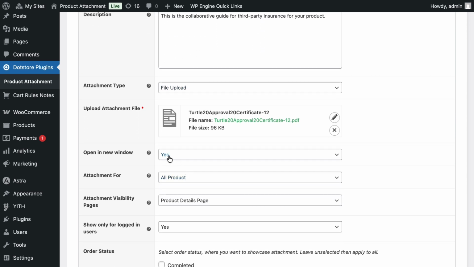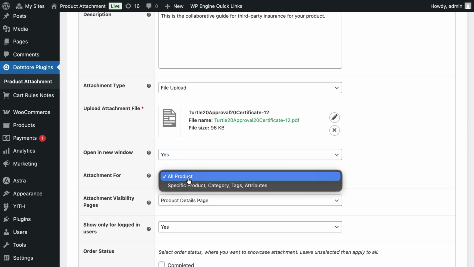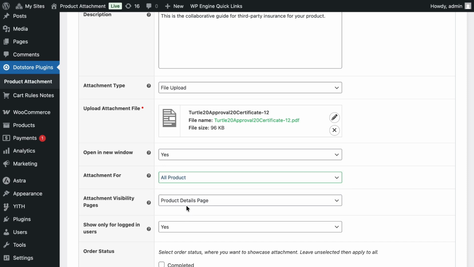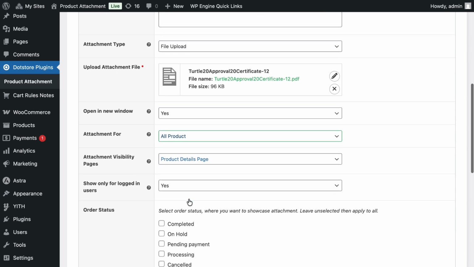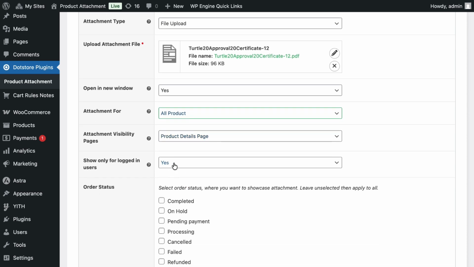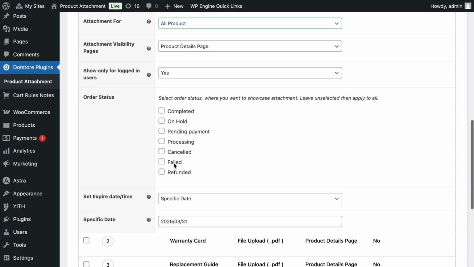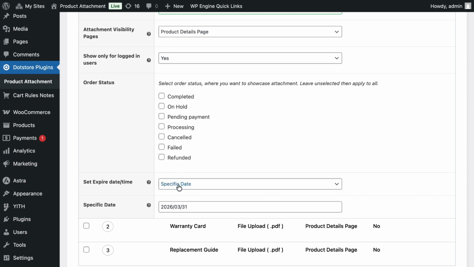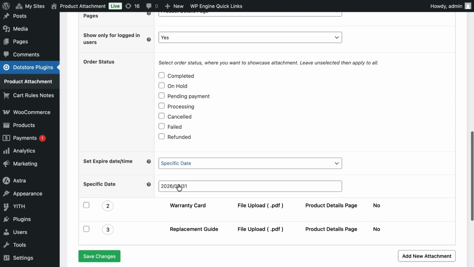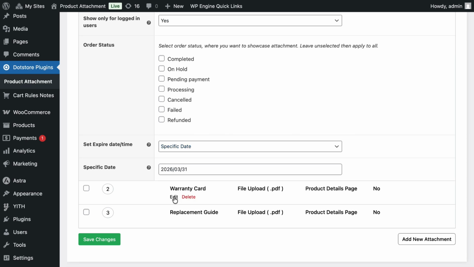You will also see some additional settings, like whether the attachment should open in a new window, and whether the attachment should apply to all products or only to specific products. Next, choose where the attachment should appear, like the product detail page or order detail page, etc. You can also restrict the attachment. If needed, you can also set a specific expiry date for the attachment and some other settings you can do